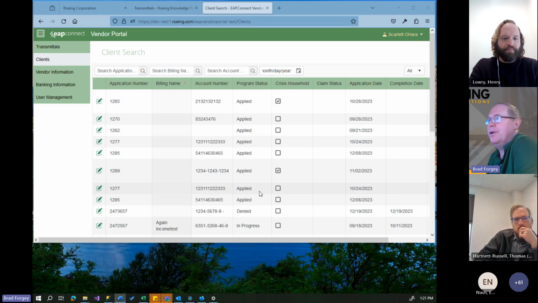So this is the scenario where the client has gone out to the website and they've gone through the application electronically and filled it out. And then once they do that and they upload their documentation, either themselves or with the assistance of Indiana 211, that gets submitted to the LSP for the county that they reside in, and it will sit there in their intake queue. And ideally, it'll sit there only for a few days, but at the start of the season, obviously,